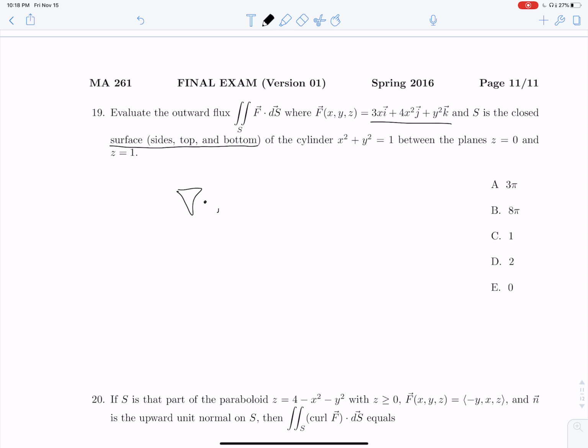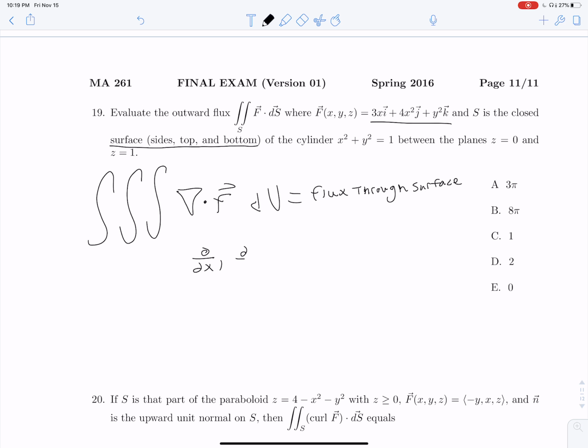del dot f integral dV is our flux through the surface. So let's find del dot f. Well, del is just going to be d/dx, d/dy, d/dz, whereas f is going to be 3x,